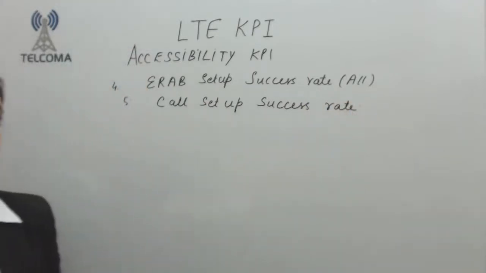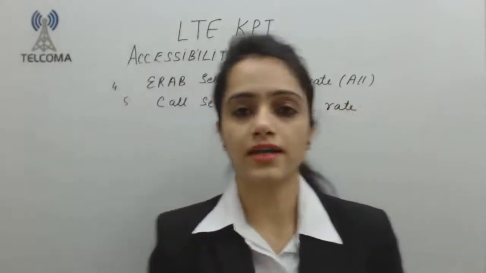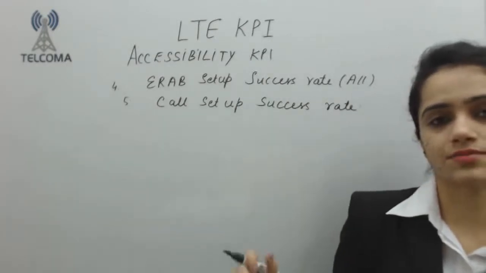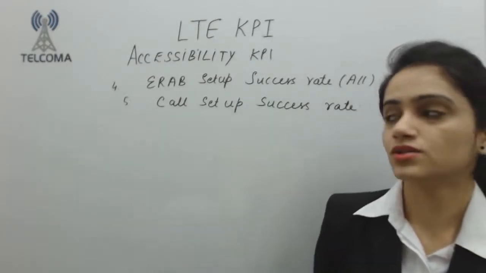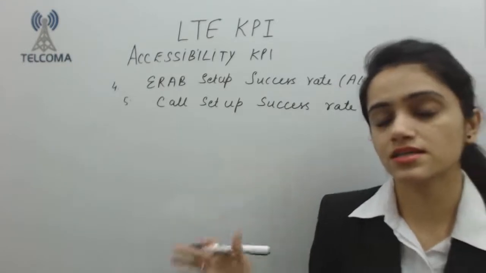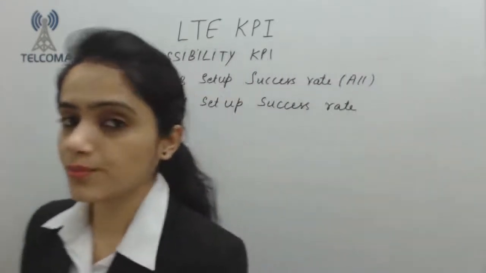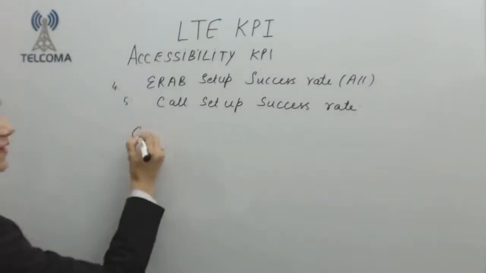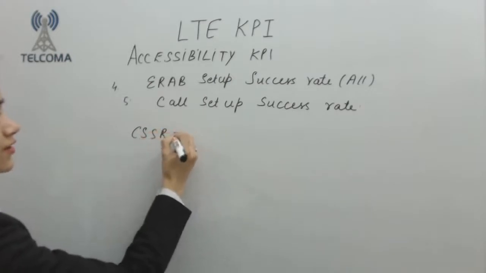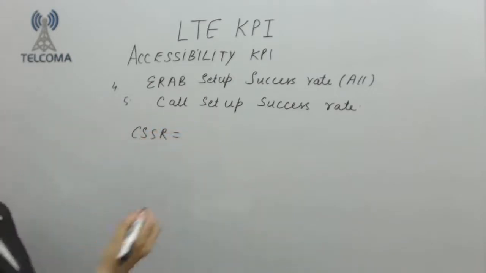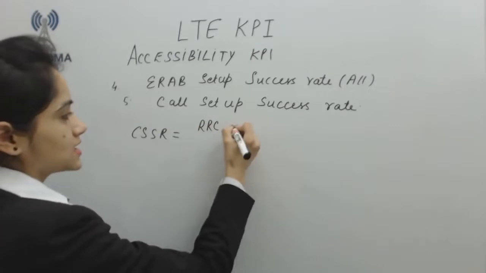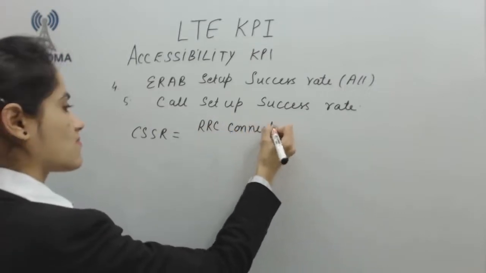There is a call setup success only when our RRC connection and E-RAB setup are completely complete. So call setup success rate is a combination of both. So we have call setup success rate equals RRC connection success